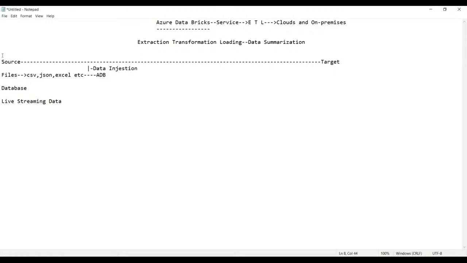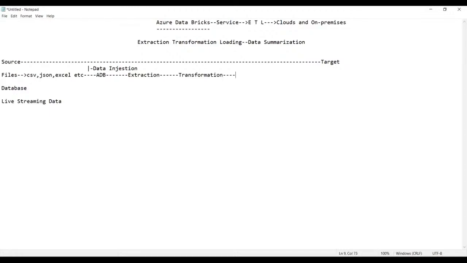Once we pull in the data, that is a process of extraction. Once the extraction is done, you will have transformation. Transformation is the actual process of data summarization.